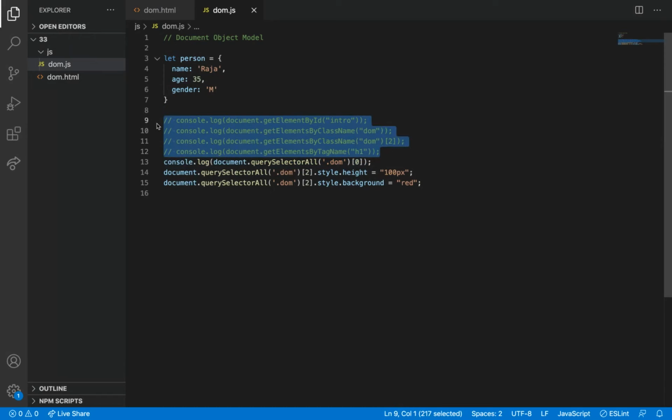After accessing this, we can change the style of it, and also we can add elements and then remove elements after accessing this. We will see that later. For now, apart from this, we can also access using query selector and also query selector all. After accessing it, we added styles to it.